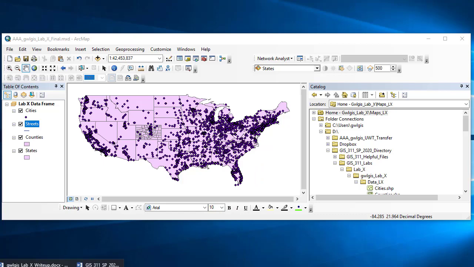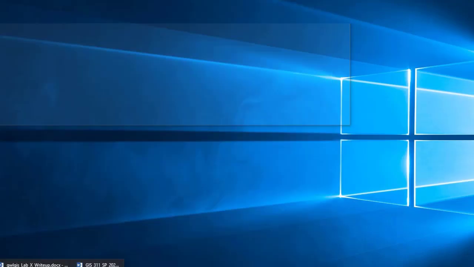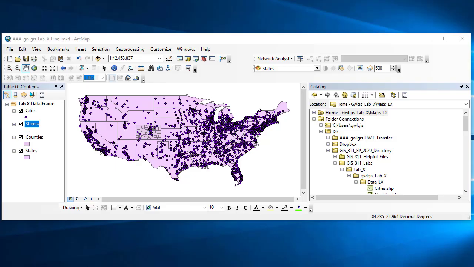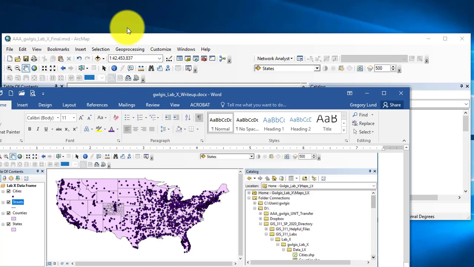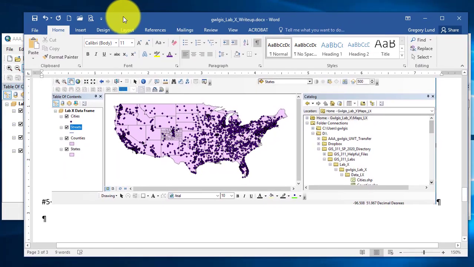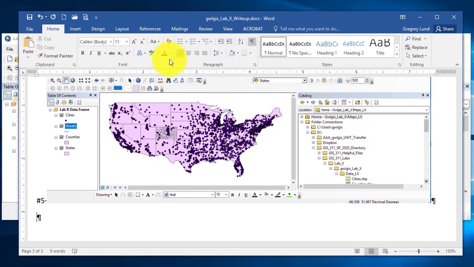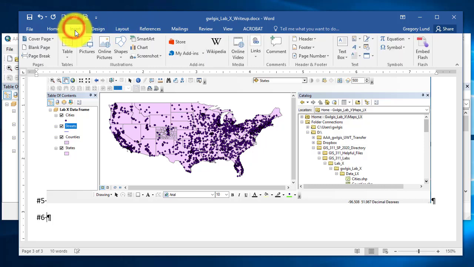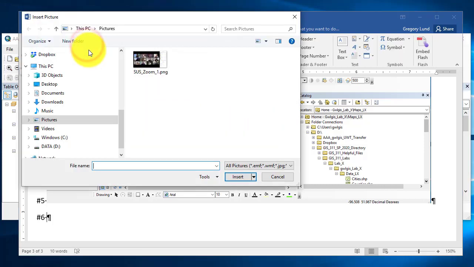I should now add my image, so I'm going to pull back my write-up. And to insert an image, first of all, I need a number 6. And then Insert, Pictures,